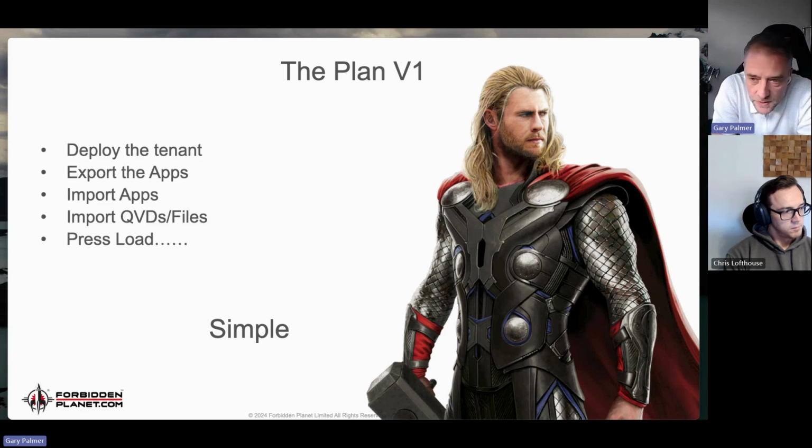And then when you're ready to do your final tenant, register that with the actual email address that you want to use, whether that's your own email address and admin address or whatever you want to do within Qlik. So we went through that process, and we tried to register the email that was already used and realized we couldn't. So that was a little delay. So we went back to the drawing board, came up with a new email address, which sounds straightforward, deployed our tenant. We knew the settings that we wanted to hold within the tenant.